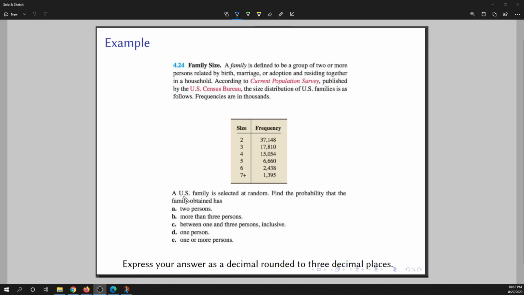All right, so it says a U.S. family is selected at random. Find the probability that the family obtained has A, two persons, B, more than three persons, C, between one and three persons inclusive, D, one person, E, one or more persons. Okay, so